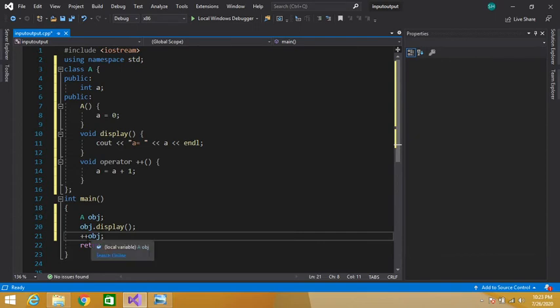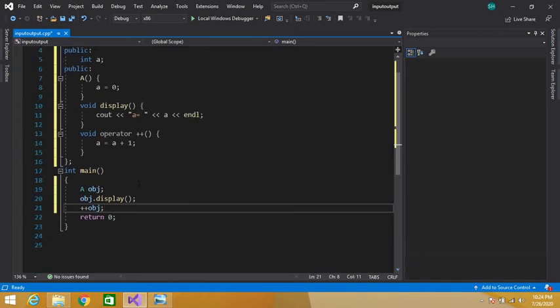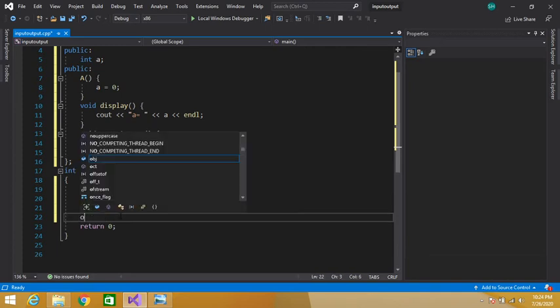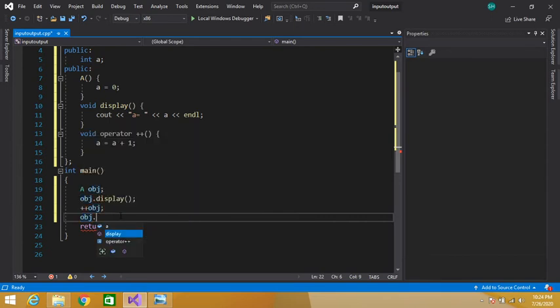See, we are able to use this operator with our object due to this operator overloading. So in this way we can overload operators for user defined types. Let's again call our show function to see whether the increment operator has incremented the value of a or not. Okay, let's execute this program.